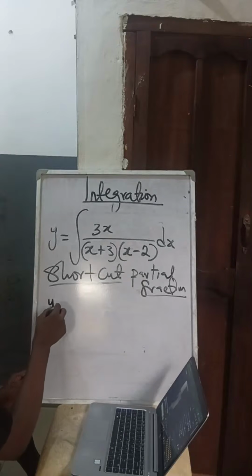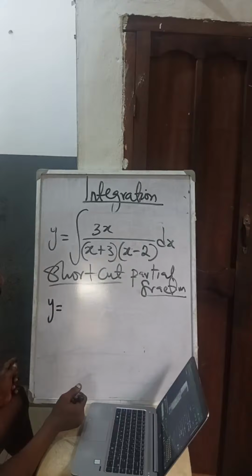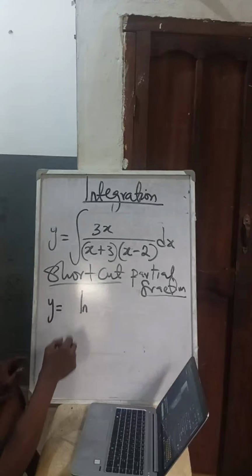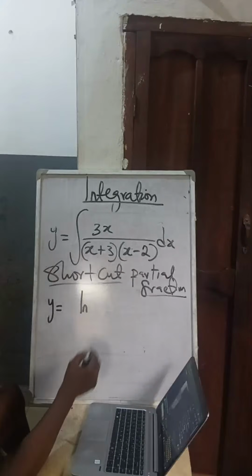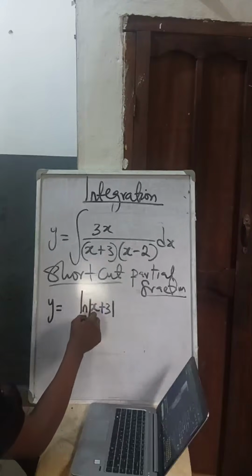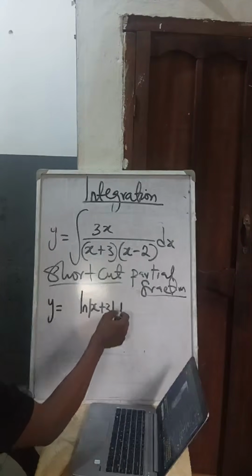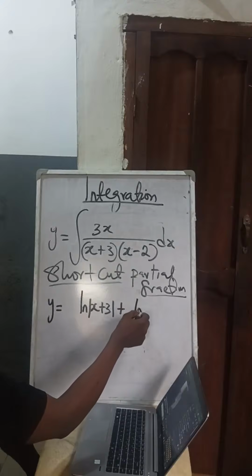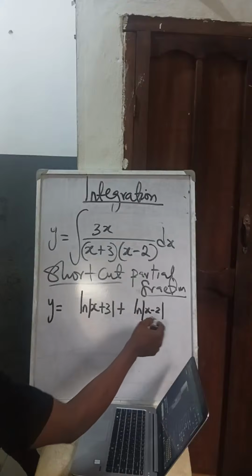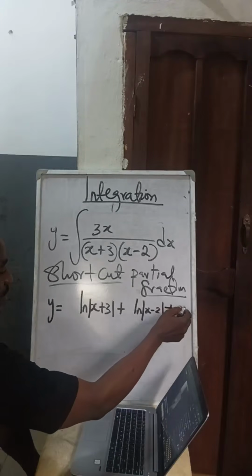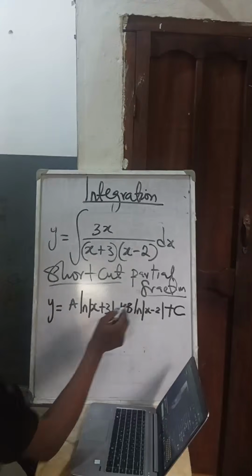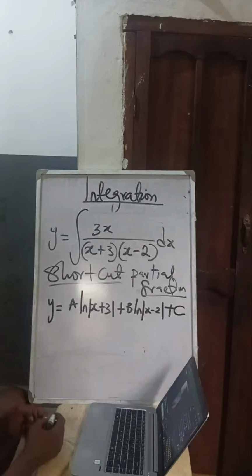y is equal to, very simple, A ln(x + 3) + B ln(x - 2) + c. Here is A and here is B. Now, next step,